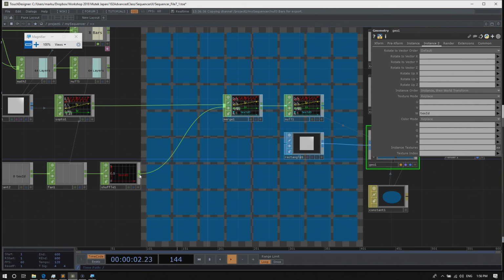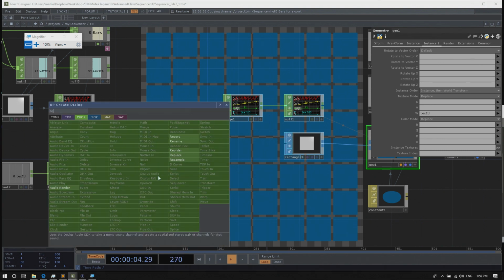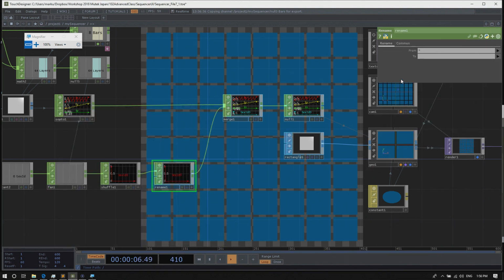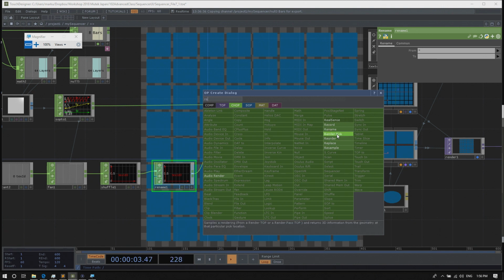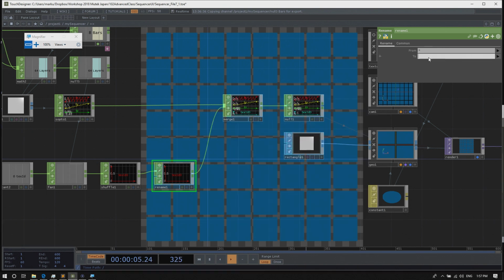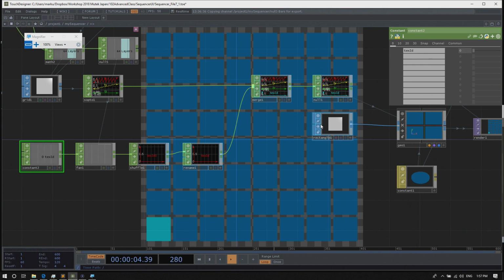After the shuffle, let's add a rename chop, since the channel name from the shuffle is now textID0. And we'll rename the channel to textID.